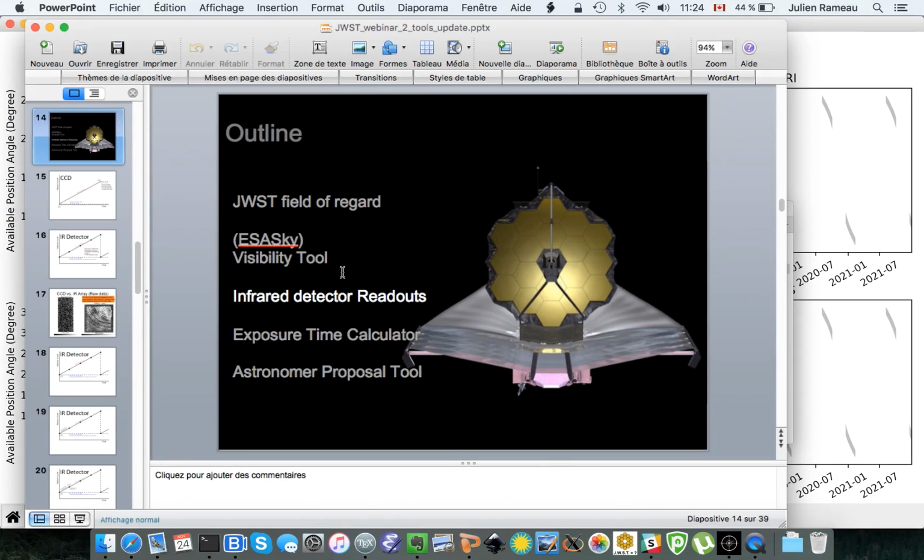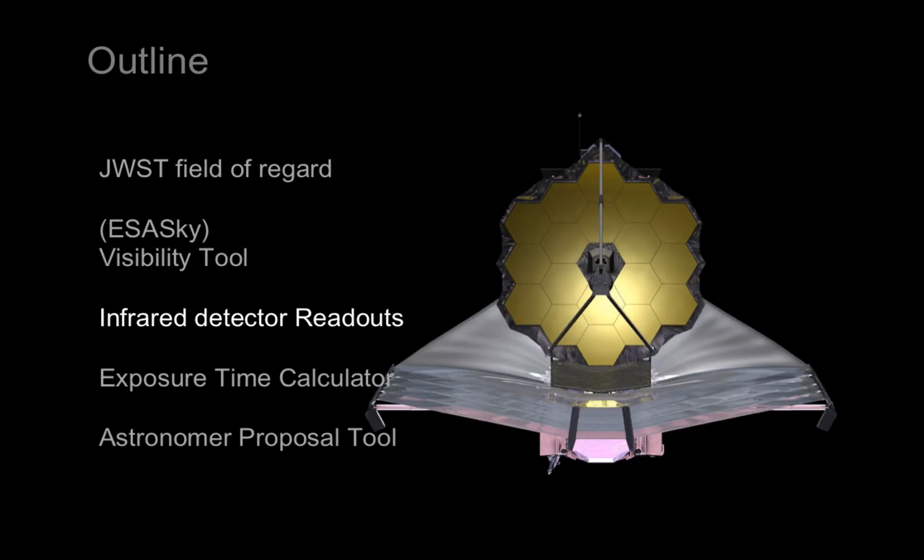And so let's move on to the next section of the presentation. It's basically basics of the infrared detector readouts. James Webb is using infrared arrays, and if you're used or accustomed to CCDs, infrared arrays are read out a bit differently. And all of the jargon associated with how you read such an array is present throughout the exposure time calculator and the astronomer proposal tool. So you need to have an idea how they are read out to properly use those